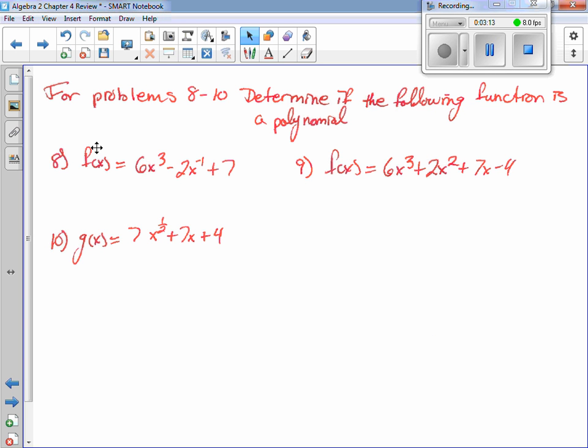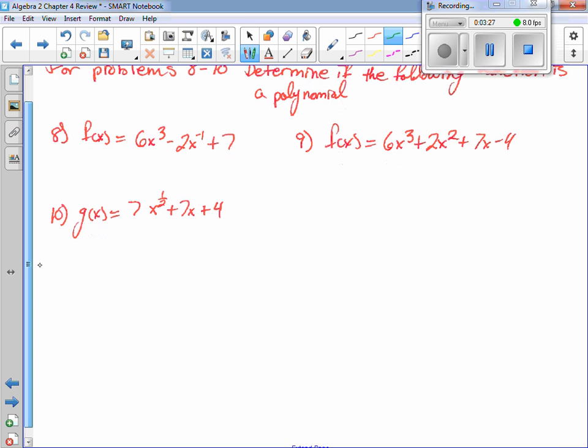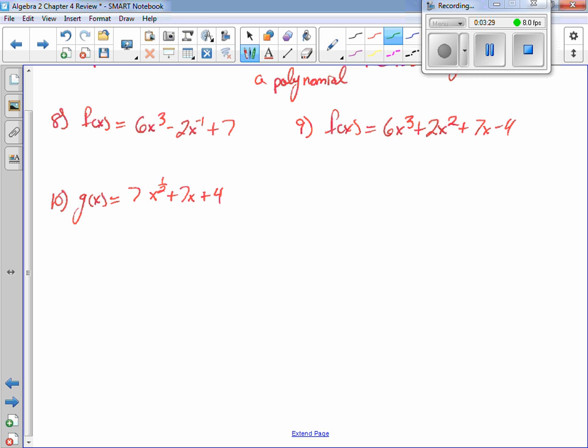Determine if the following function is a polynomial function. Questions on these here? Questions on any of these here? Number 9. So there was a list that we had to determine if it wasn't a polynomial function. Well, one of the things was,